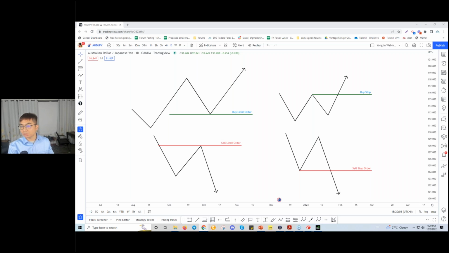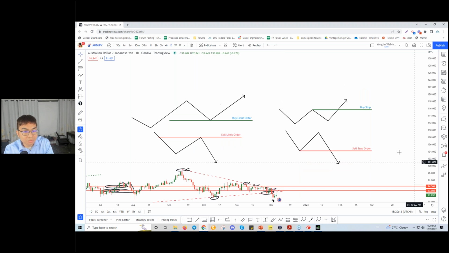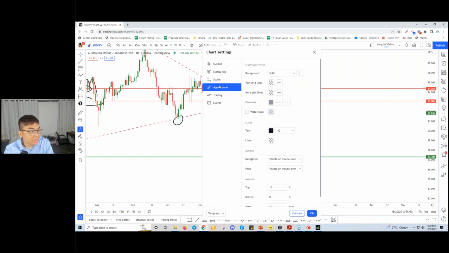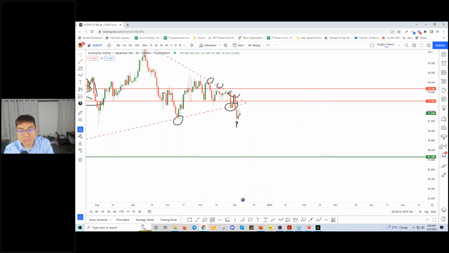Okay, next question. So let me look through quite a few next questions. You actually want, so that's a very, very good question. You actually want something like TradingView. There's a countdown clock. I'm not sure why that isn't there. So I think I turned off the setting somewhere. So you're actually looking for the countdown clock. How many seconds more to the next candle? Well, there isn't. You need